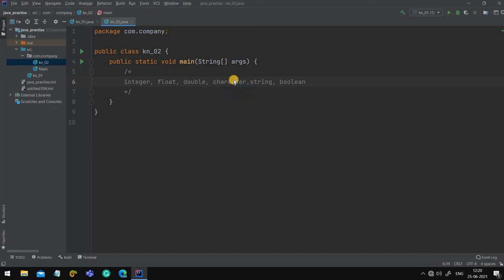See, character stores a single character. Single character means, for example, it will store only A. Okay, and if you write APPLE, it will ignore all the characters after A. Only a single character it is used for storing. Now our string stores sentences, or it stores numerous characters in one variable. Now finally it came to boolean. Boolean stores the value true or false. Basically it is used when we are comparing something, whether it is bigger than this or not, true or false. For that we are using it.